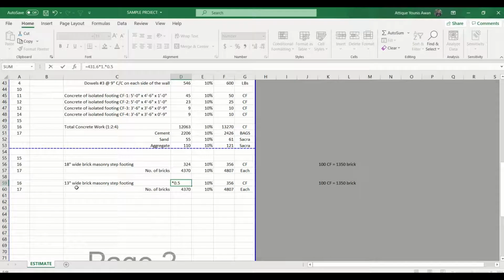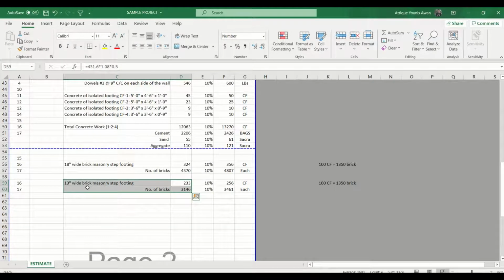Now we only need to change this width, and for 13 inches it is going to be 1.12. Actually, it's 1.08, right? So we got the number of bricks in 13 inches wide masonry as well.